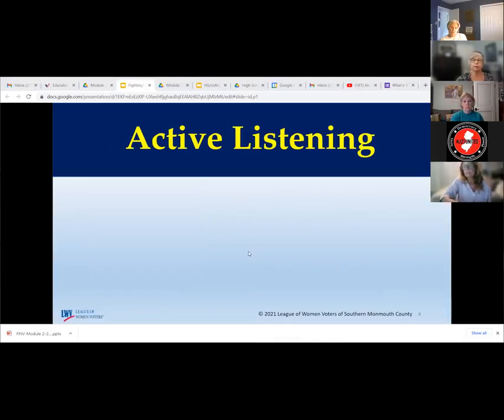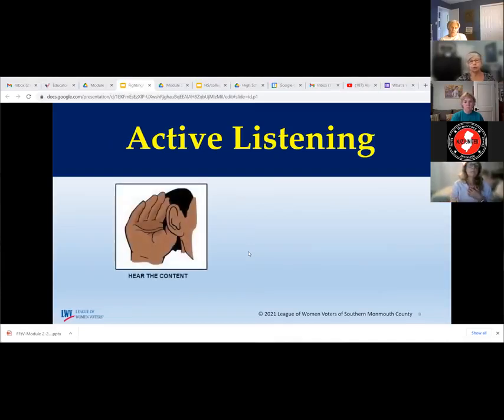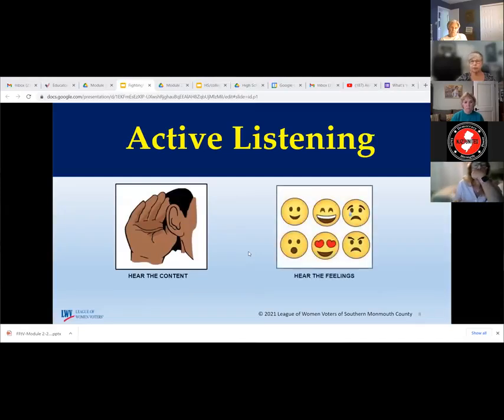Active listening involves 3 active components. The first part is hearing the rational, the content of what is said. The second part is hearing the emotional, or how it is said, the feelings behind it. And the third part is putting both of those together and relaying it back to the speaker to make sure you heard it accurately. Active listening requires 2 basic qualities on your part: empathy, which is the ability to understand